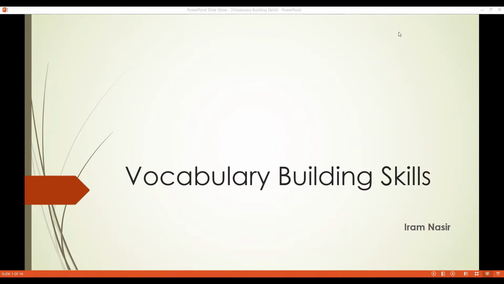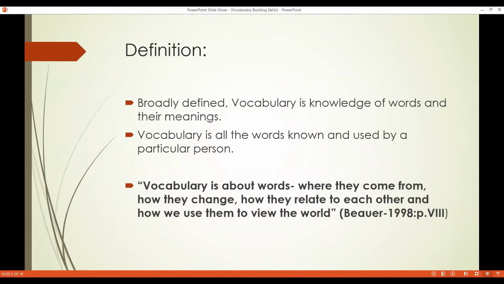Today, as the slide is self-explanatory, our class will be about vocabulary building skills. As you know, roughly 90% of the time, self-expression is done through words, and you cannot express what you want if you do not know the words to say. Many people find themselves stumped when it comes to written scripts or spoken communication skills because they have trouble organizing their thoughts and because the right words tend to elude them.